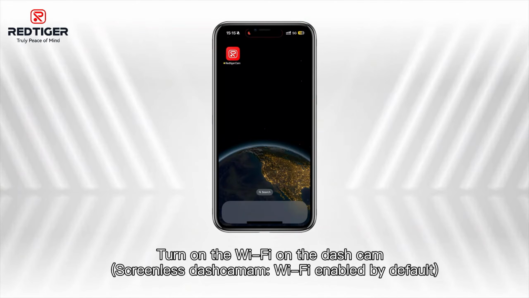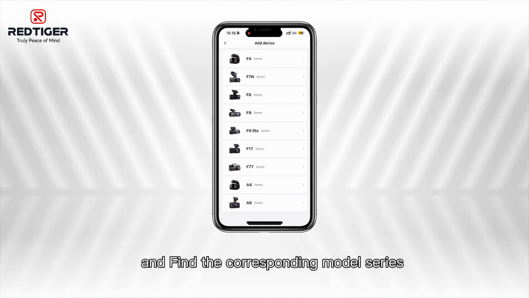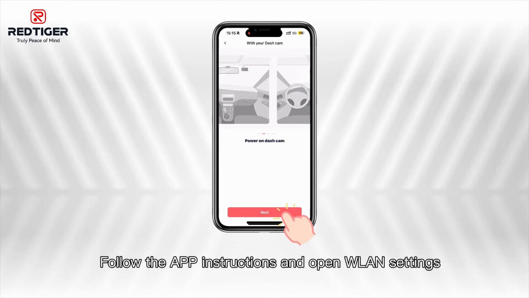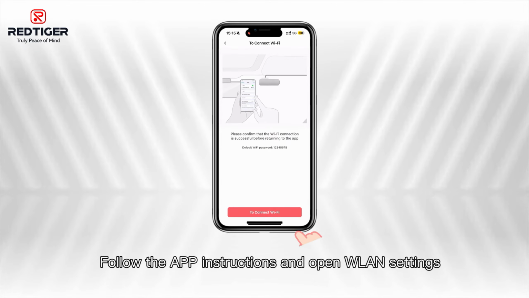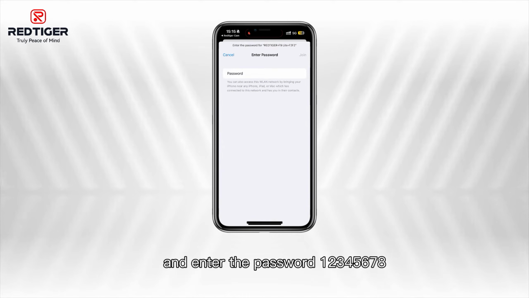Turn on the Wi-Fi on the dash cam, screenless dashcam. Wi-Fi is enabled by default. Open the Redtiger Cam app. Click on plus add camera and find the corresponding model series. Follow the app instructions and open WLAN settings. Find the corresponding Wi-Fi and enter the password